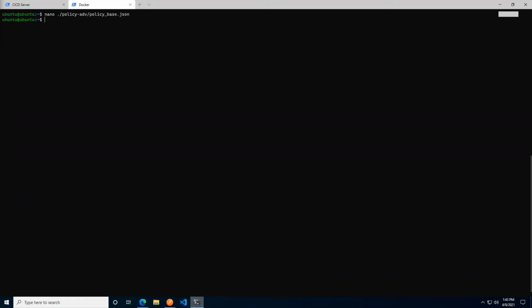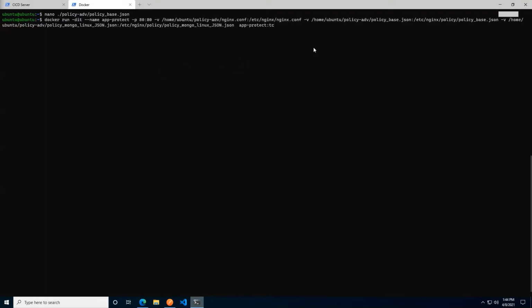The reason I don't think we have to, even though I could copy the docker run command that the lab guide suggests and paste it here, is the file we have touched, this policy-base.json. It's mounted in as a volume, which means that any change I have made to that file on my Docker host is immediately reflected in the file within the Docker container. That in turn means I don't think we need to remove the container at all. I think we can simply reload the configuration in that one. So let's try that on for size.